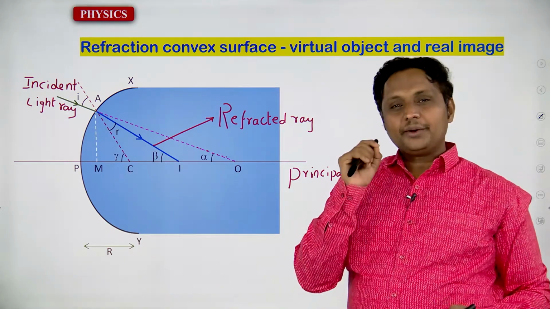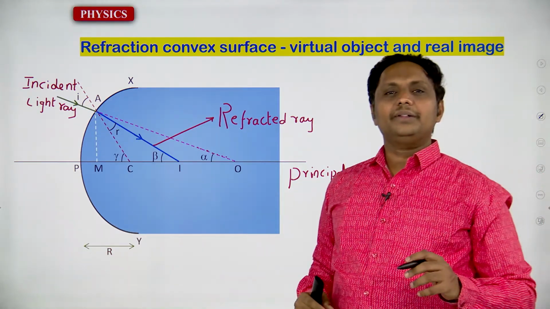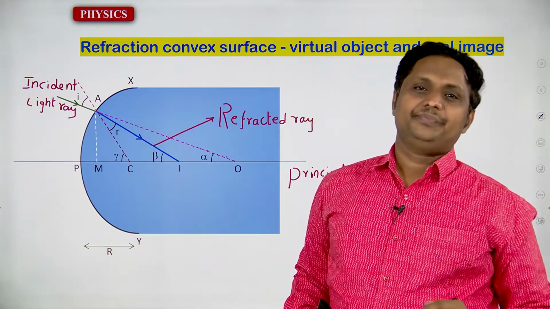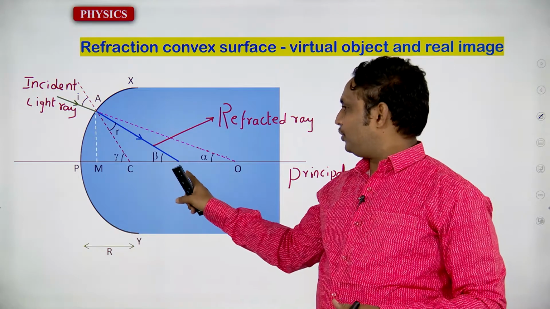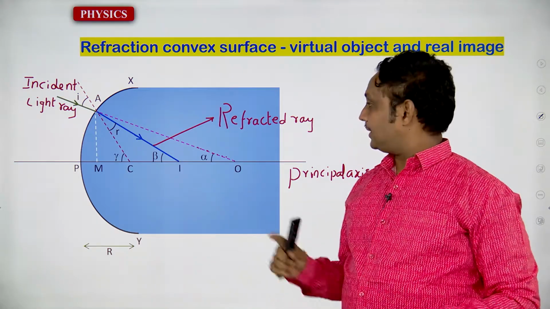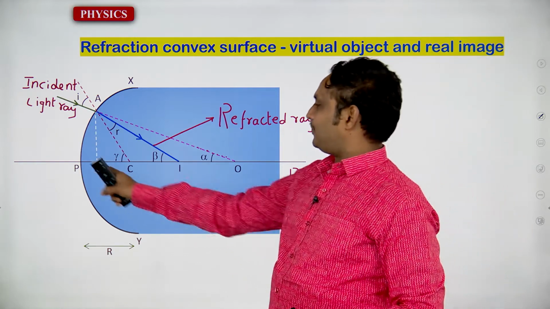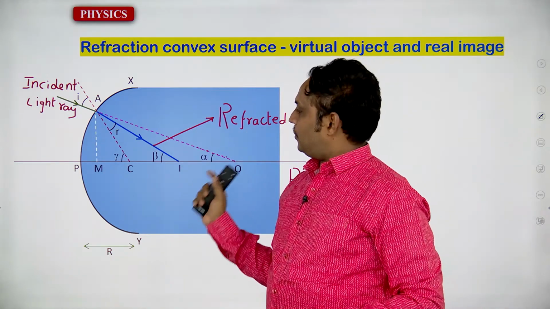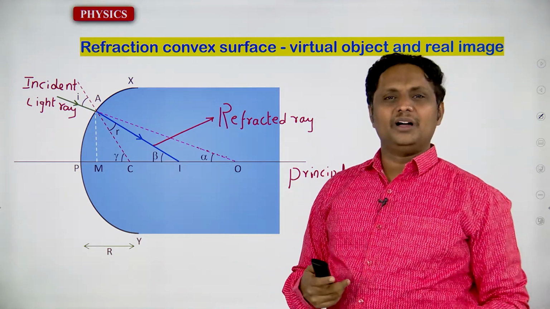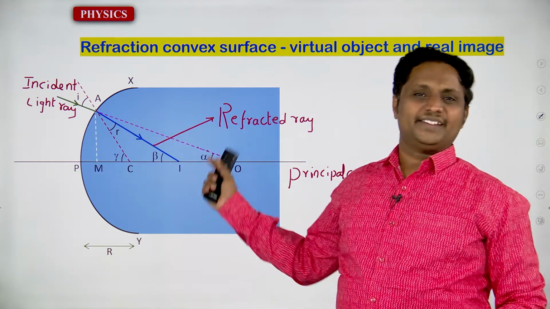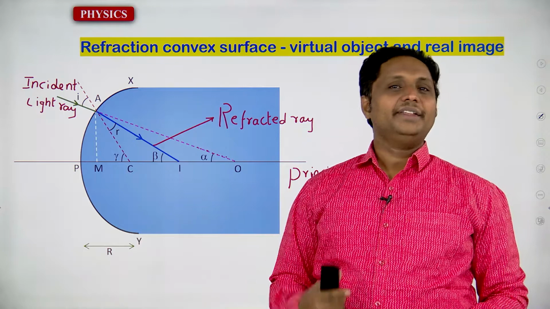Yes, you can remember one important point: the refracted ray forms the image. You have to confirm that one. It's very clear. So this is going to be I, the position of the image. Now you are going to get that the measurements are taken from the pole. It's very clear. Okay, all right. You have confirmed that alpha, beta, gamma are the angles made by the extended light ray, the refracted light ray and the normal.